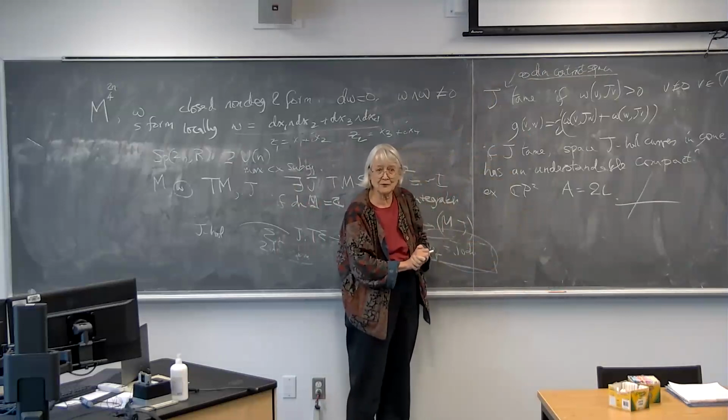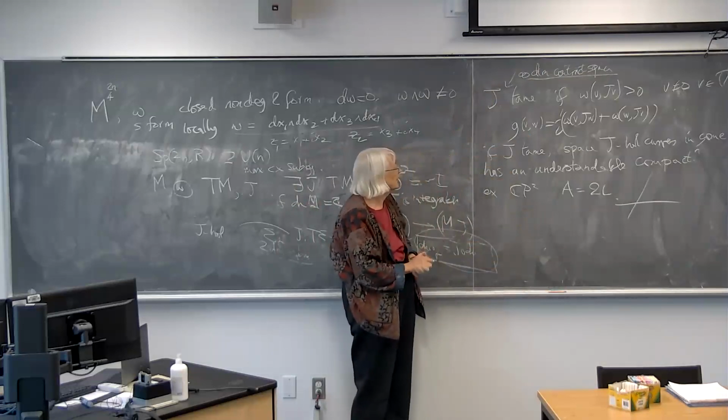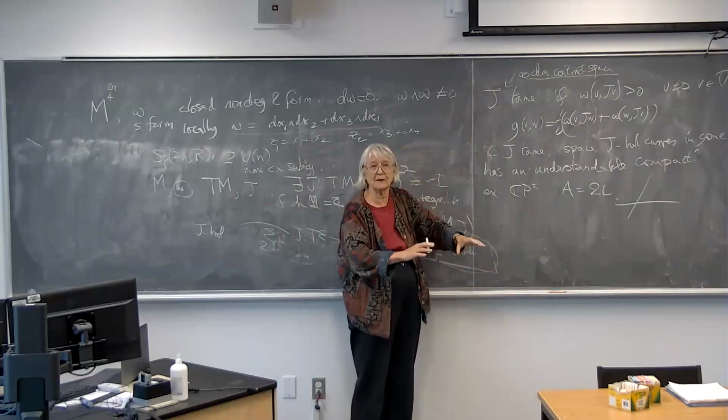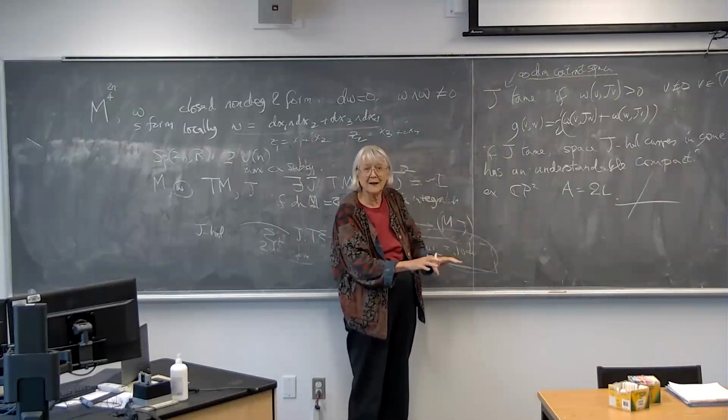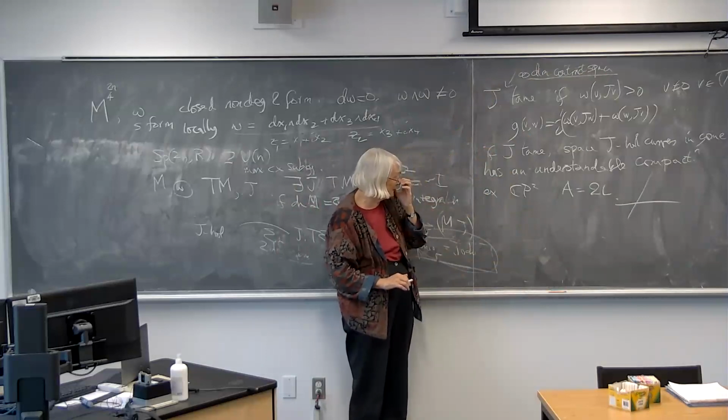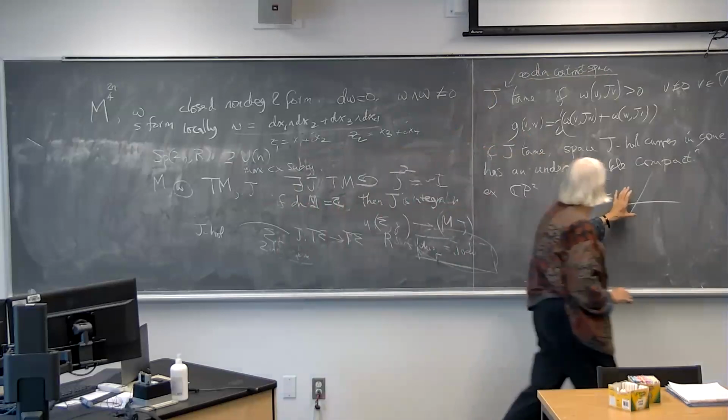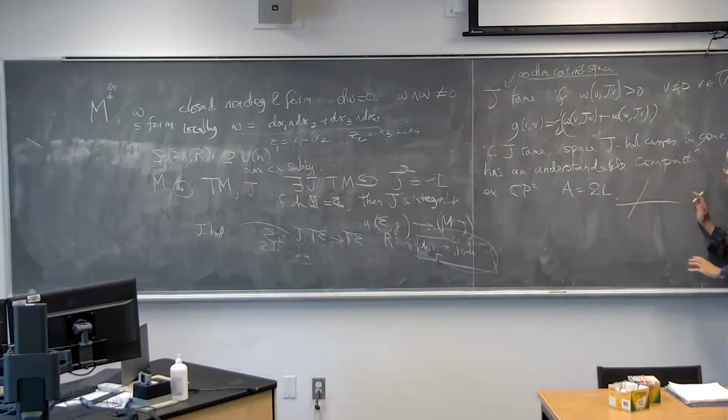Then if you choose a generic one, you may be lucky and your space of J holomorphic curves is actually a manifold. The space of solutions is a manifold, but it won't be compact. But you can understand the compactification. It consists of unions of smaller dimensional curves. Now, of course,